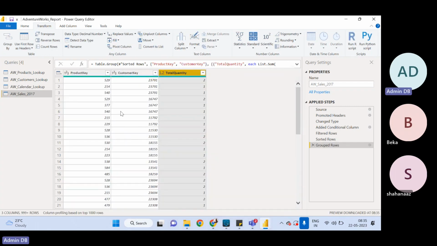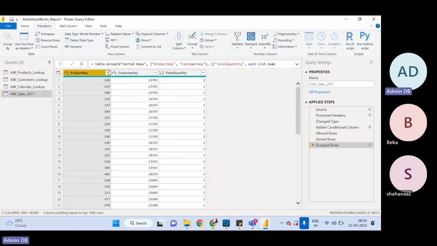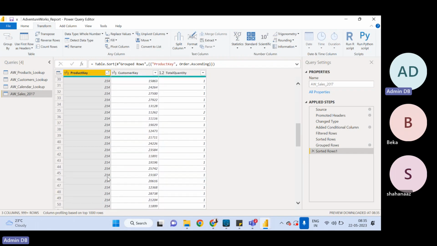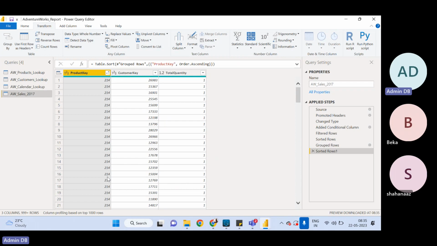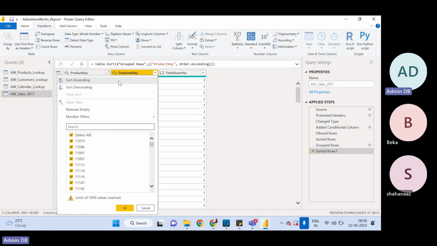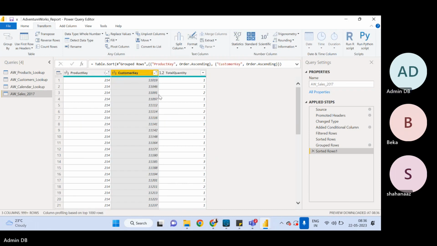I will hit enter. So now see what is happening here. It is giving me, see, 214 is coming multiple times, but it will be lesser than the number of rows in the actual table. Why? Because this is not daily level data. So what is happening in 2017, if a particular customer, let's say I sort it by ascending. So if you see, what we are getting is